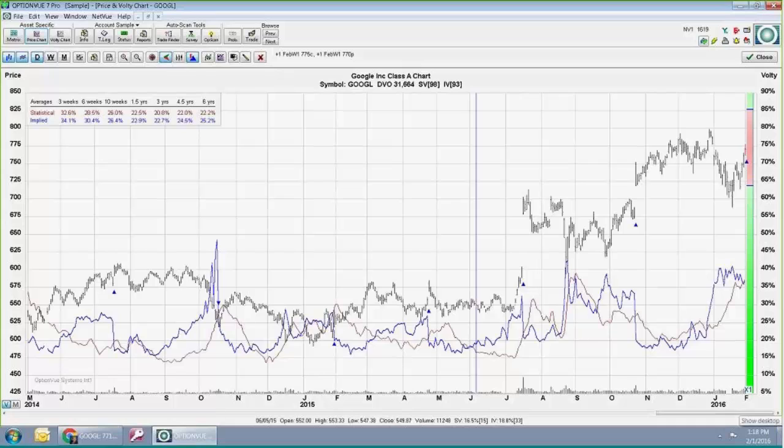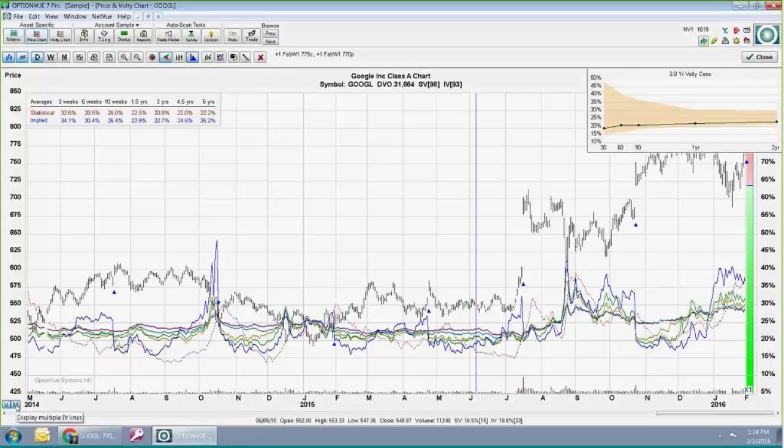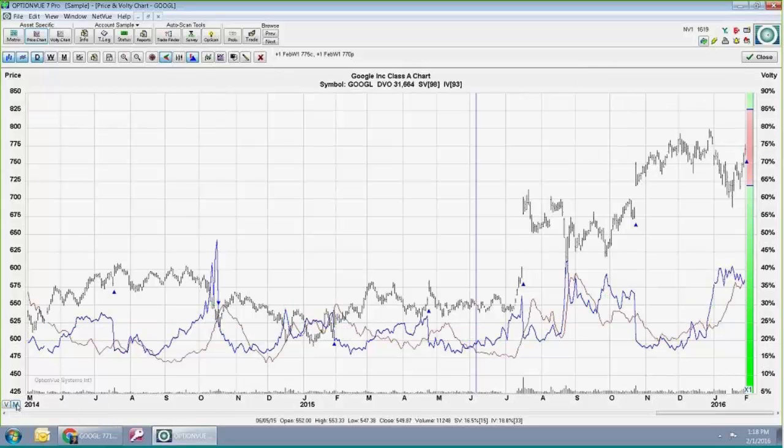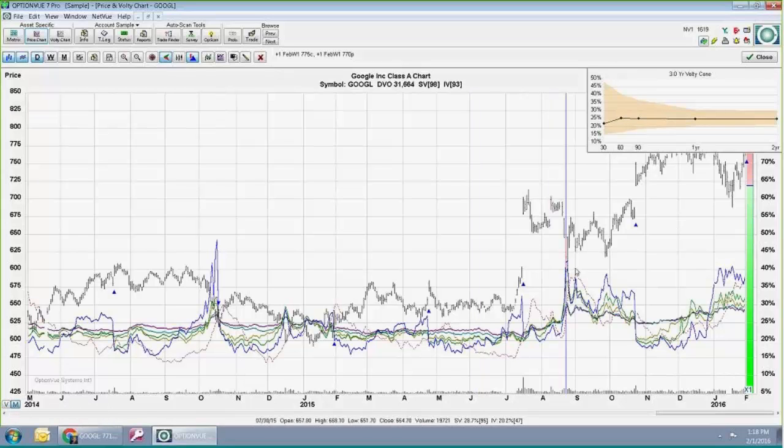Maybe it'll even be more volatile, or at least that's what people are thinking possible. And then there's the M. The M kind of splits up that implied volatility line. Now you can see, let me just get rid of this V, what each of these are, the 30, 60, 90, 1 year, and 2 year. And as you move along, you can actually see how the volatility skew changed.